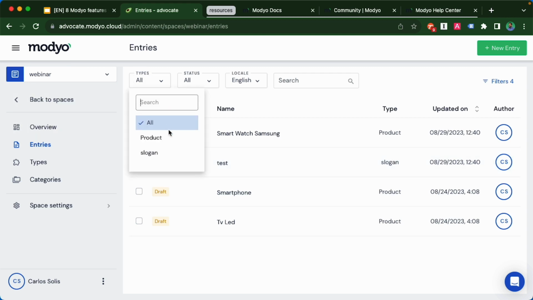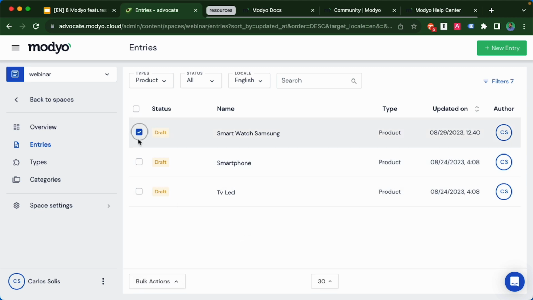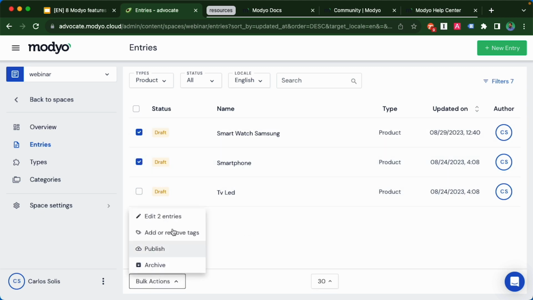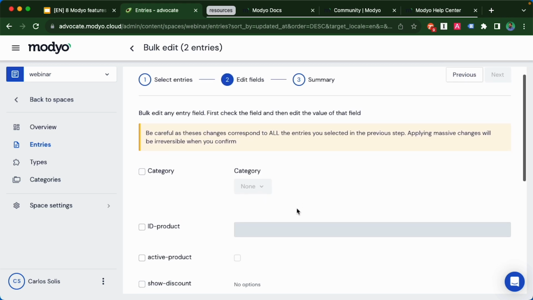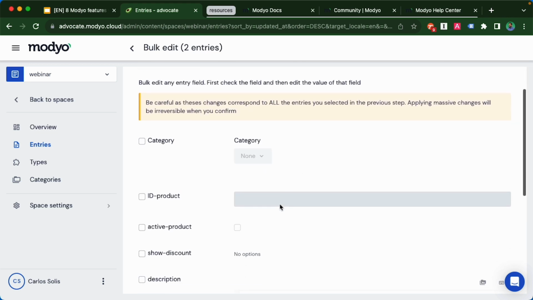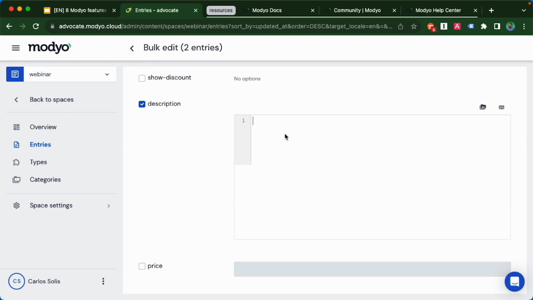But in the case that we use only the same type, we have advanced bulk action. For example, here we can edit multiple entries on the same fields. For example, we have this smartwatch and the smartphone. Let's enter to edit these two entries, and since we're using the same type, we can access the inside fields that could be custom, and for example, we can include a description, and in this description we can include this